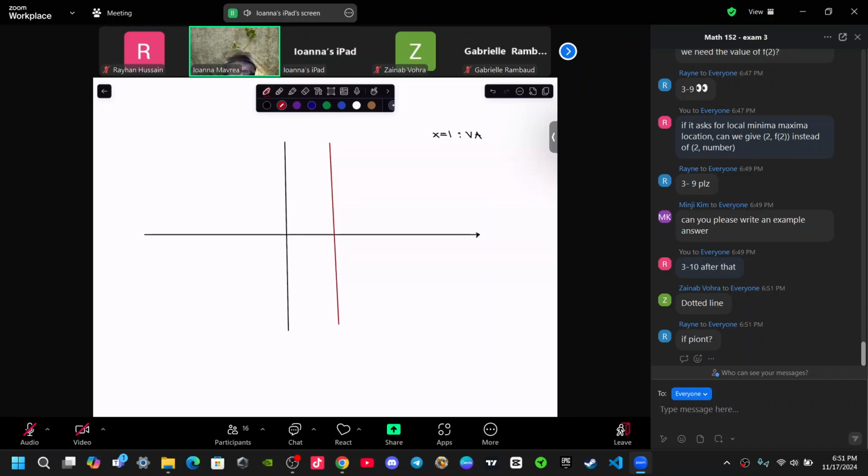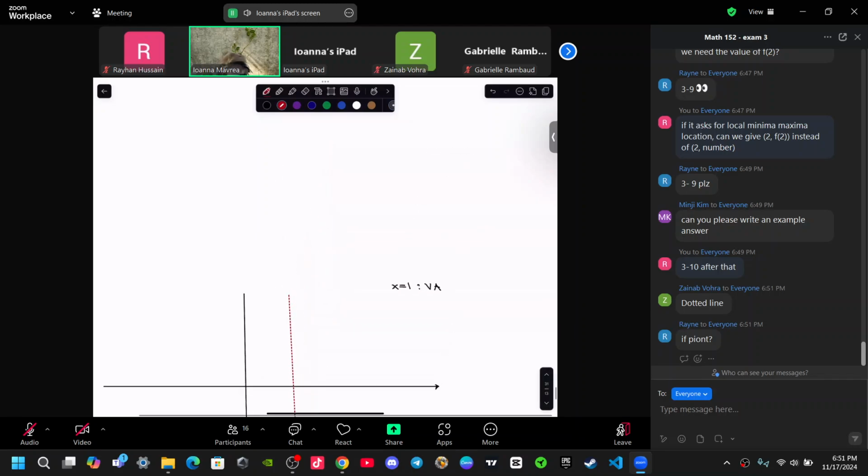Now the graph does not cross vertical asymptotes. So your graph better not cross this line. So I'm going to dot it. There it is. My graph is not going to cross this line. And then it says,